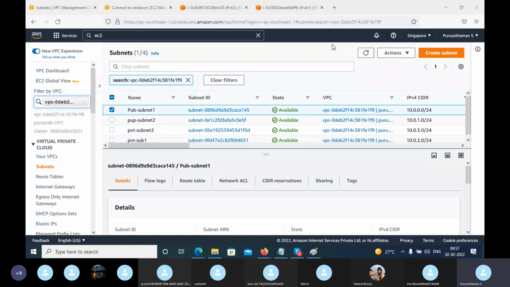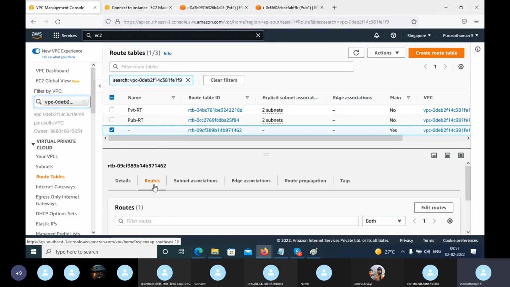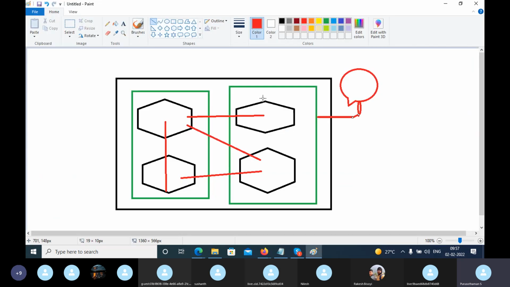Guys, we all know that by default it is having some route table. Come to the route table. If you see, it is our entire VPC local, subnet, public subnet. It has the interconnection with the local, which means every IP of this /16 network address has the interconnection, but we are providing a particular set of private IPs access to the internet, like this HR department kind of thing.